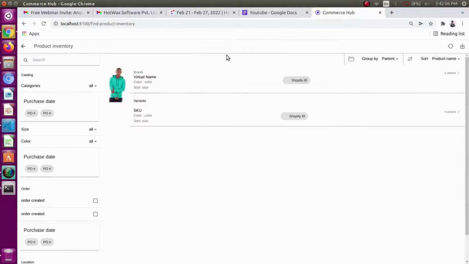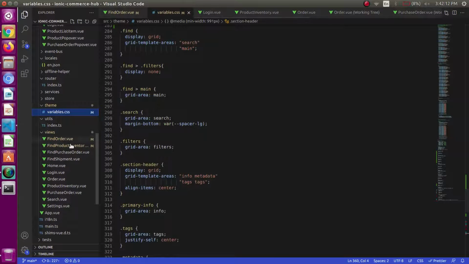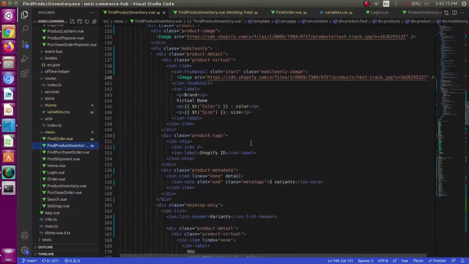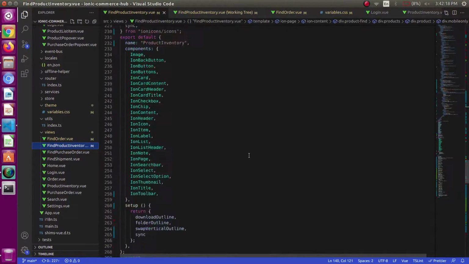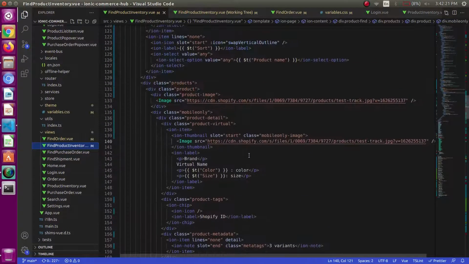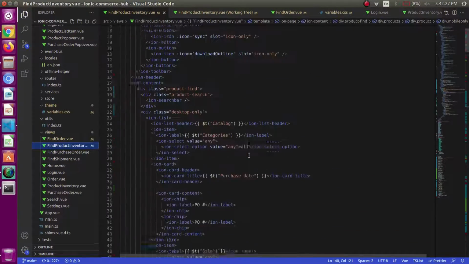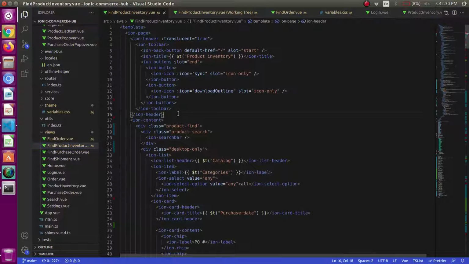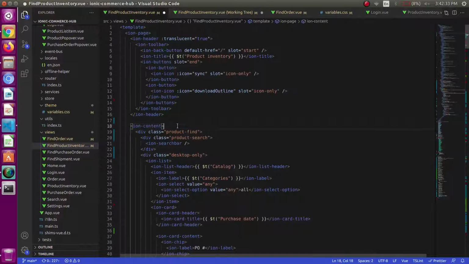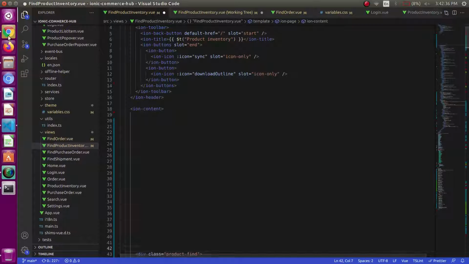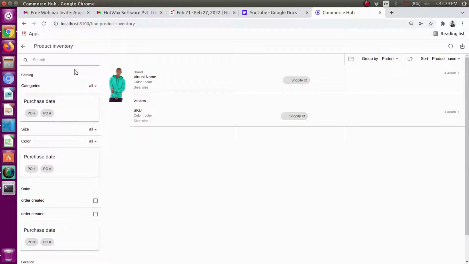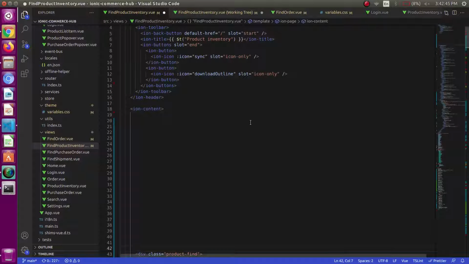We will be replicating the same in this product inventory page. So without any delay, let's just switch to the find product inventory page. We have the markup with div and we have some inline styling over here. So what I will be doing, I will be just starting with writing the markup first. We should use spaces between the tags so that it is easily bifurcated and easily we can see which is header and which is content.